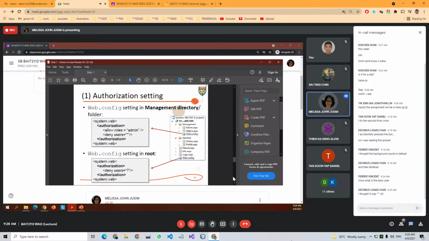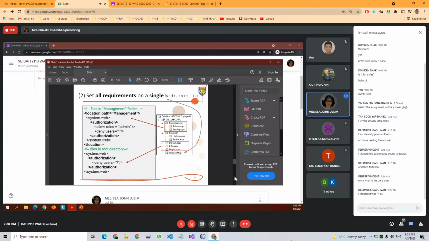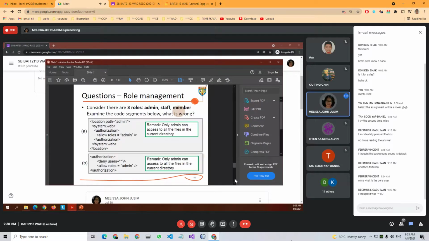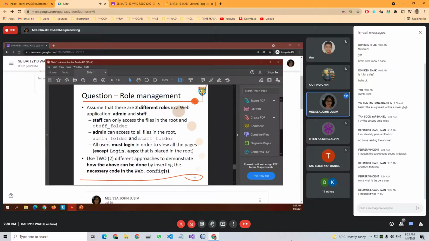And then another approach is you just put everything in your web config root, all the authorization requirements on a single web config in the root folder. To do that, you need to add on this location element. Set the path accordingly, right? So let's go back to the question.